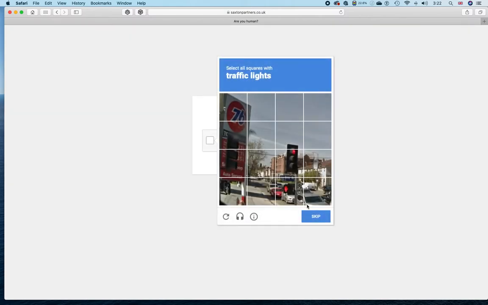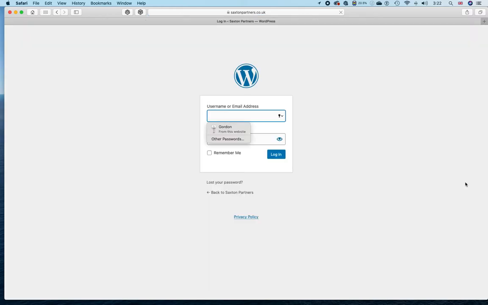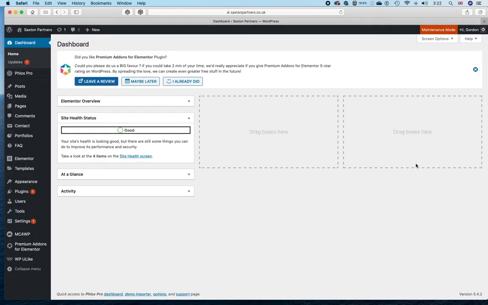Go through the security features. Right, okay. My login. So once on the desktop, I can then begin to go to edit a page, visit site,